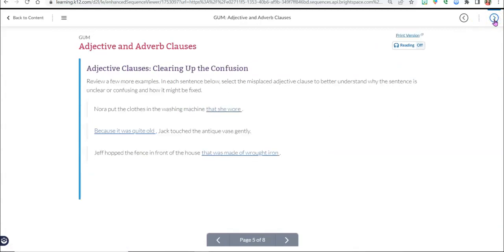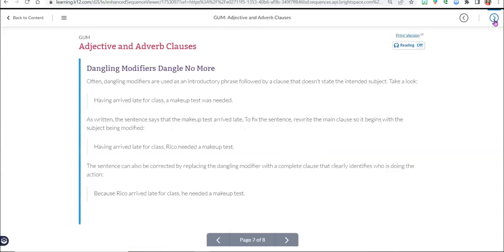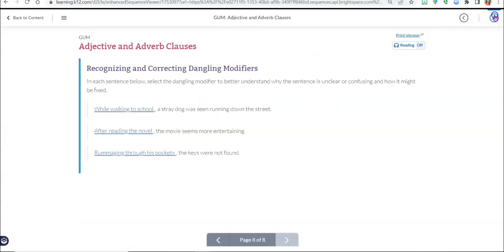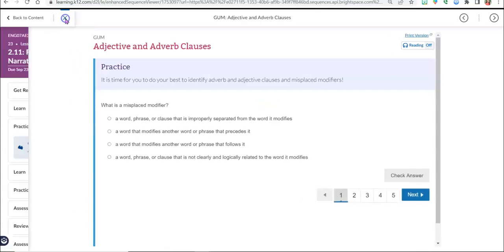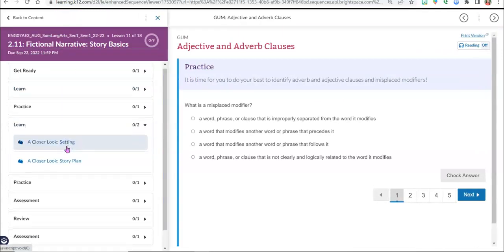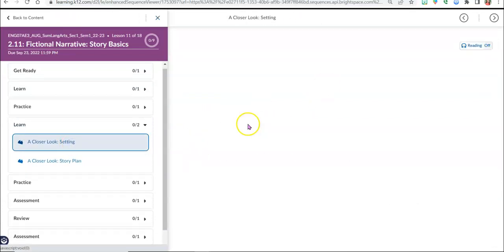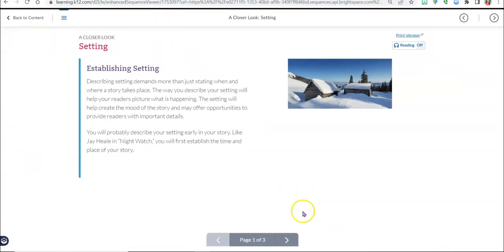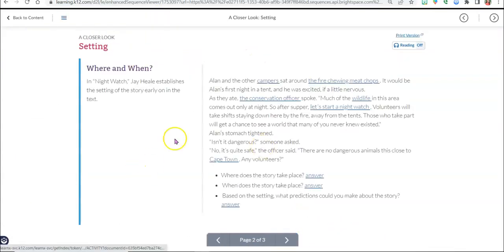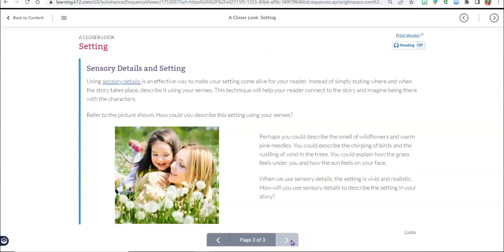So after you've gone through this grammar lesson, which is very important, so please don't skip this adjective and adverb clauses grammar lesson, we will then be at a practice. And I'm showing you as we go through this lesson, after you go through the practice of your GUM, which stands for Grammar Usage Mechanics, you'll then be at the next learn. Okay, so you'll look at setting in this lesson. You'll talk more about setting as you've already been introduced to it before. Okay, and then after you go through this setting learn page and sensory details, which also needs to be included